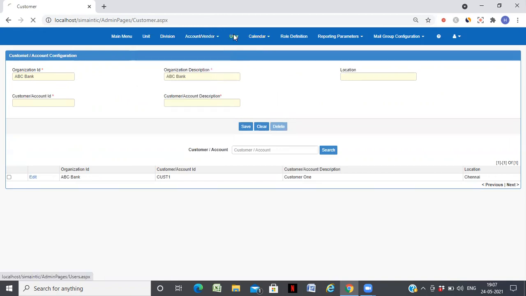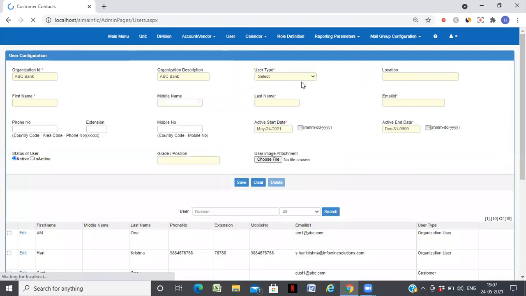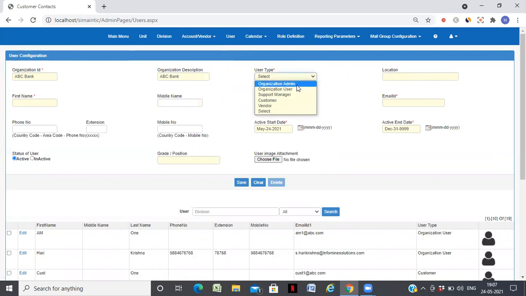Then you have a feature to create all the various users of the system. There are various types of users which can be configured. The first one is administrator, which is what I am currently logged in as. He's the organization admin. Organization users are basically the users of the system.